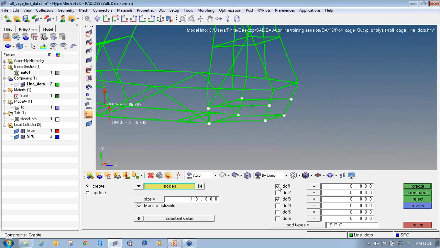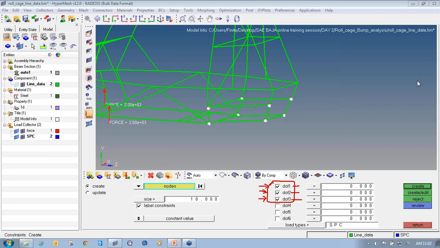As I already told you, I am going to restrict the translation along XYZ axis. So I am going to fix degrees of freedom 1, 2, 3. That means translation along X, translation along Y, translation along Z. DOF 1 stands for translation along X, DOF 2 stands for translation along Y, DOF 3 stands for translation along Z axis.